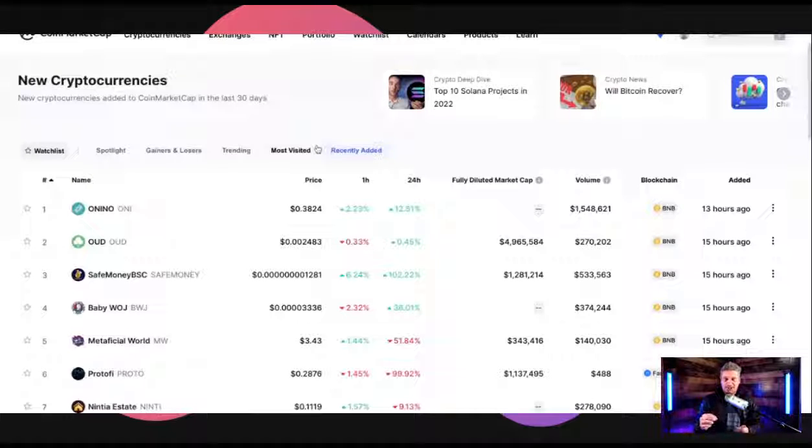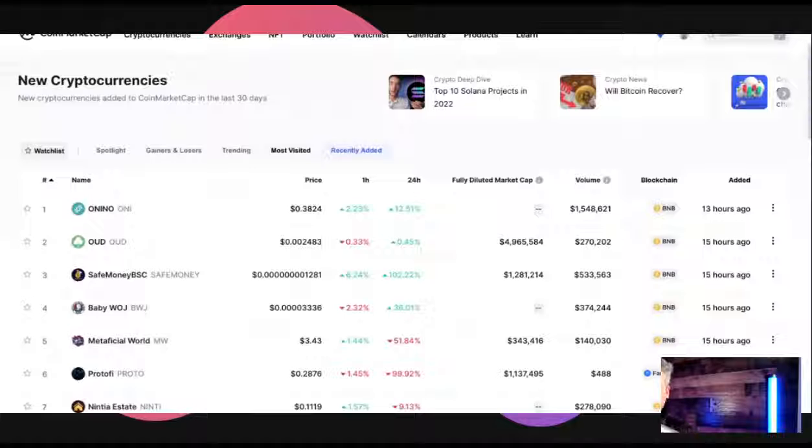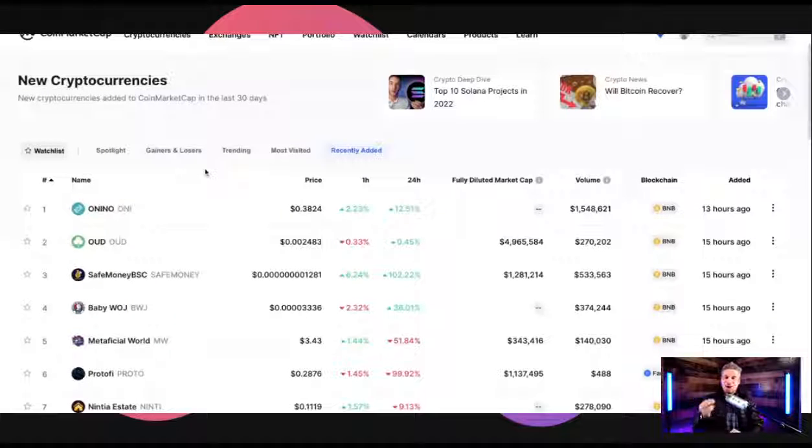Now, I will say this little tidbit for you. Just because it's not on CoinMarketCap or CoinGecko does not mean that it doesn't exist already. What I mean by that is a project might launch and it might get a few months under its belt or even longer before CoinMarketCap or CoinGecko accept it into their ecosystem. So even though some of these show that they were added 12 hours ago, it doesn't always mean that they are a brand new token or a brand new company. Just a little food for thought.